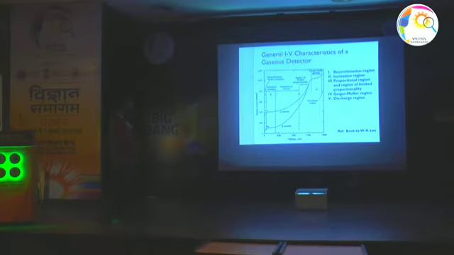Now if the applied voltage is very low, what will happen? Once the electron-ions are produced because of the interaction, then they will try to recombine again, because if the applied field is very low, they will immediately recombine. So that's why this first region is called recombination region. Then if you increase the voltage a little bit, what will happen? Electrons will try to go towards anode and ions will try to go towards cathode.